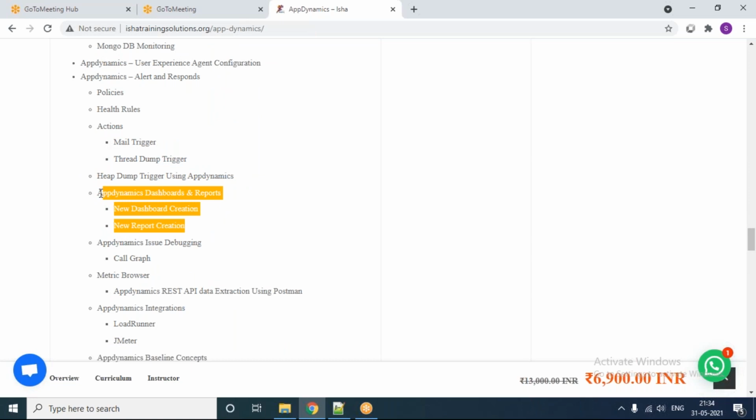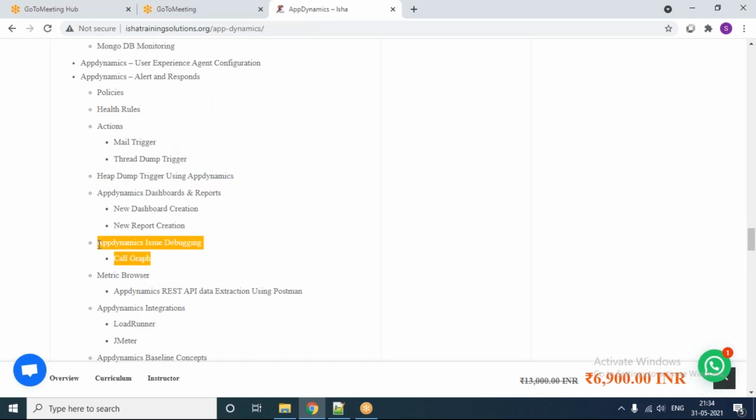And then we are also going to see dashboard creation, report creation, the investigation process, call graph understanding, and then a core capability called metric browser. Every tool in the industry nowadays exposes its data in the format of REST API, right?